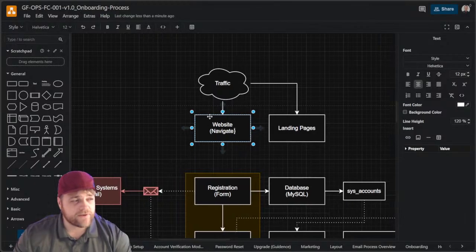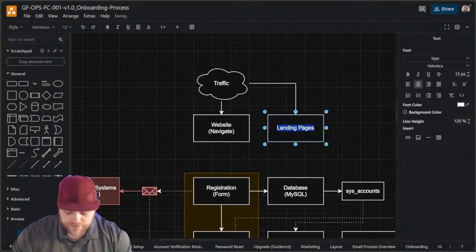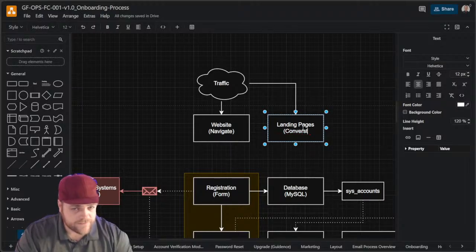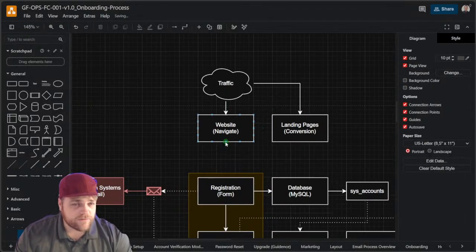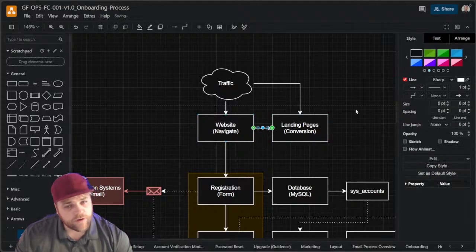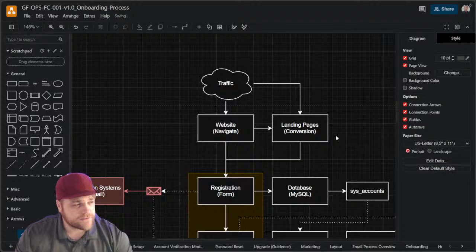It's designed for navigation, period. Your landing pages are designed for conversion. Does that make sense? Can somebody come in and register here? Sure, they can. But the best thing to do is to navigate them to something that is more focused on them and then lead it into the registration piece.